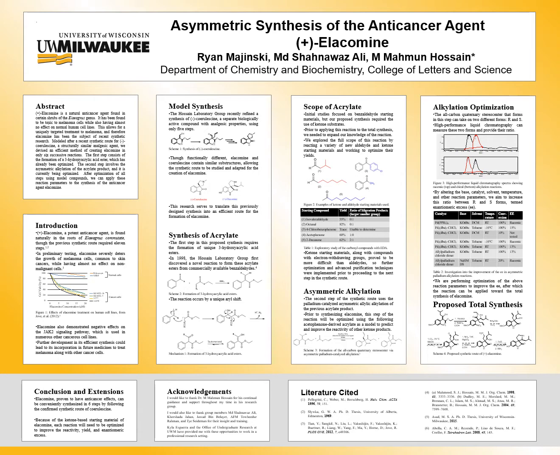known silverberry plant. Looking at the graph under the introduction on the lower left side, the agent Elacomine kills numerous types of melanoma cells, which cause skin cancer, reducing their cell viability to under 25%. However, it does not kill normal human cells, which provides an extremely targeted and theoretically safe approach to curing melanoma